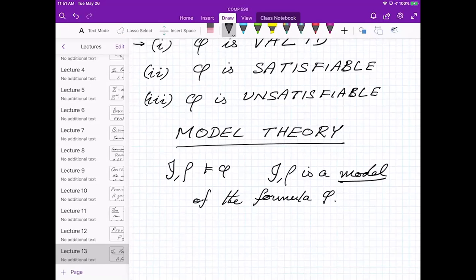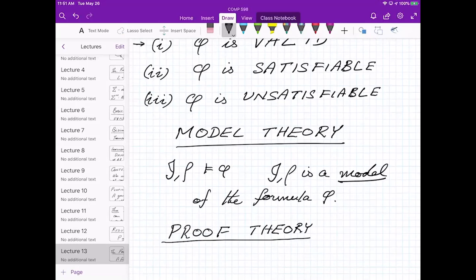Okay, so let me introduce another concept called proof theory. You see, I use the double turnstile here. This is all about building models and looking at the concept of truth.